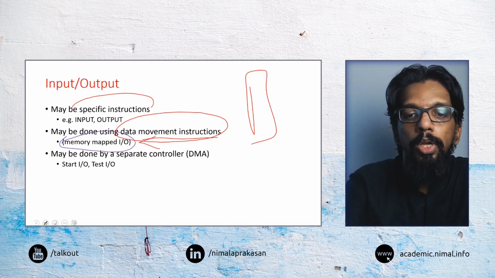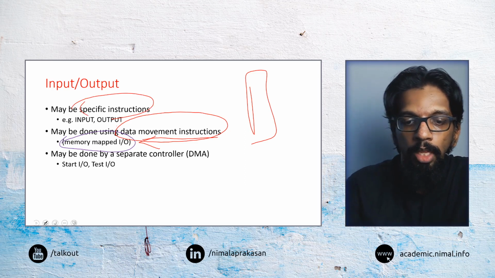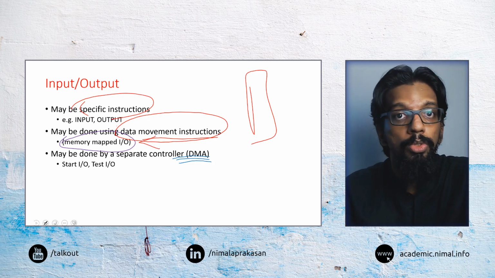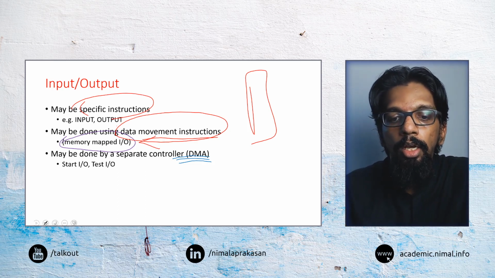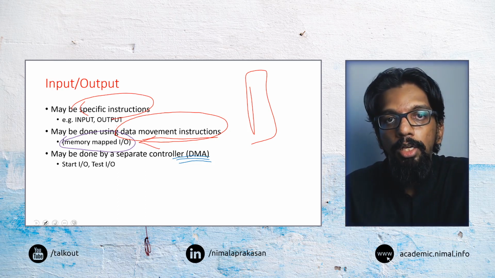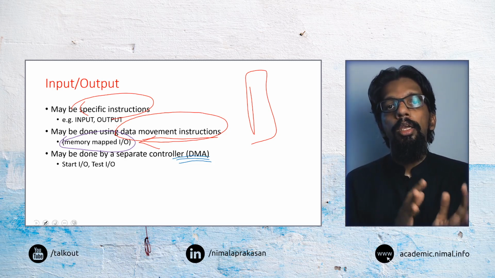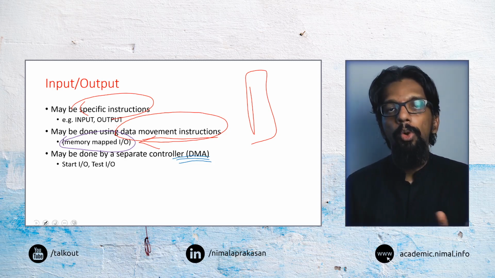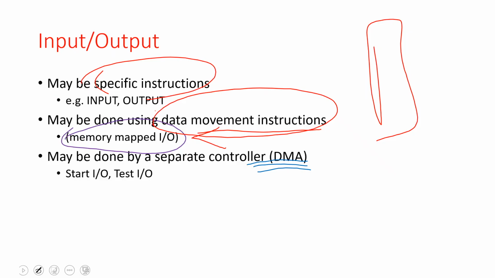Then we may also have specific instructions in certain situations. In situations where we use a DMA controller, a direct memory access controller, we may have some specific instructions for those as well. So these are instructions that are there specifically to do input-output related operations, such as reading, writing, and so on. These instructions can be categorized separately as well.